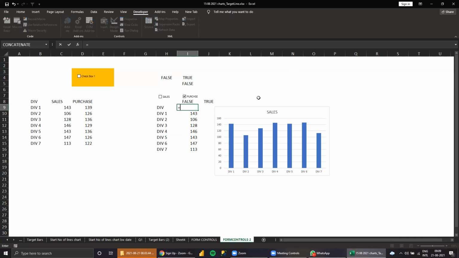So if this is true, sales, then again. I'm going quickly because you know the logic. If this is true, otherwise blank.